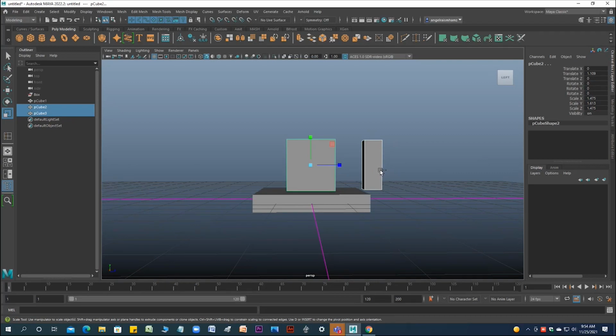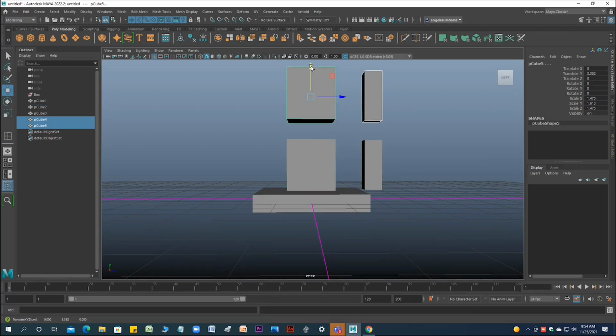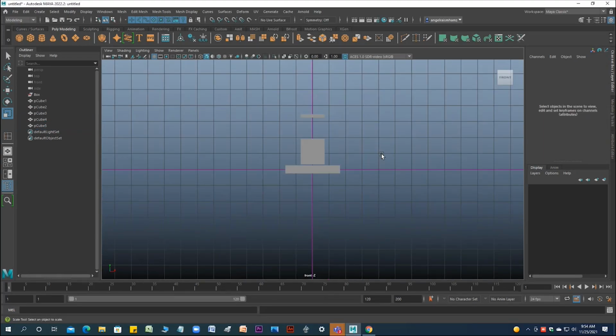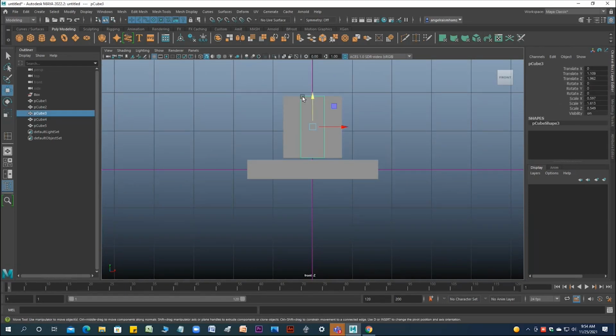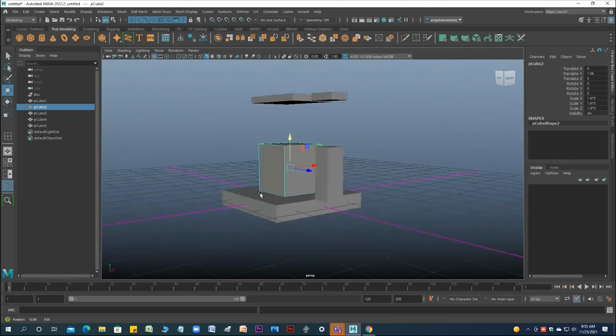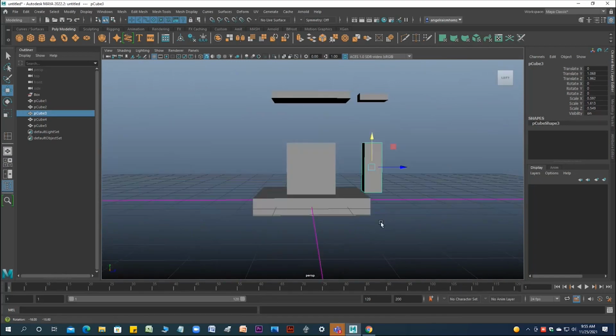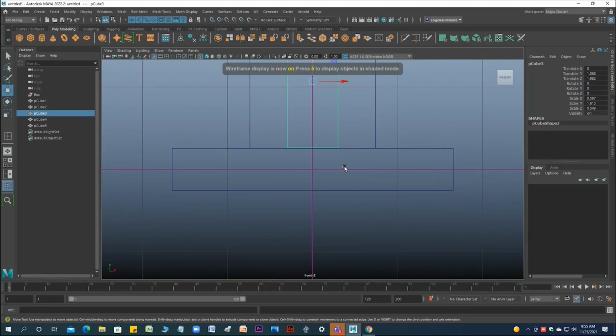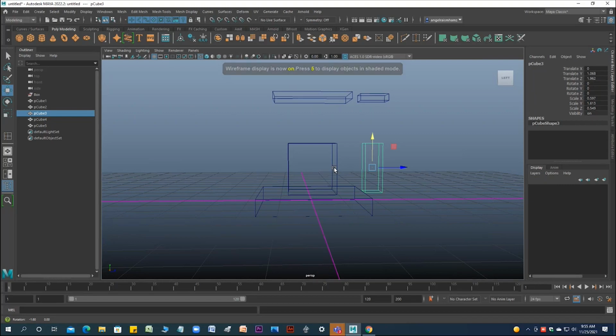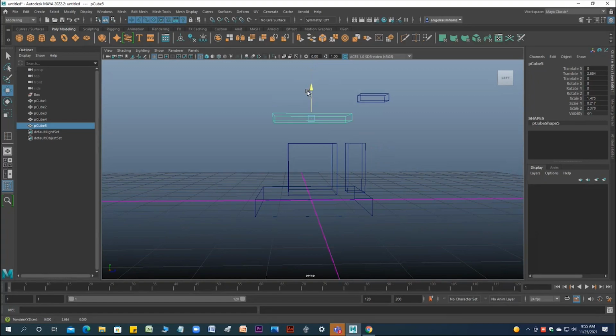Again, Control D. Side window. It's not necessary for this kind of thing, but I have to show this is the table and those objects are put on the table. Then this is on this.